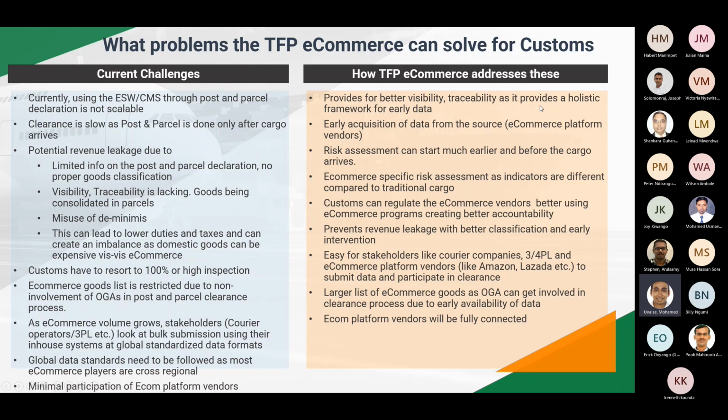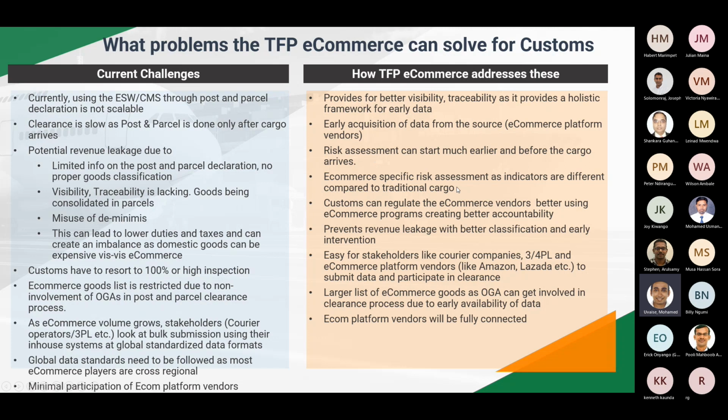So on the right of this slide, basically it just outlines some of the pain points that our solution actually addresses. So of course, the first point addresses visibility and traceability because of acquisition of data through a streamlined process. And of course, something that is tailor-made to suit e-commerce types of shipments. And of course, this facilitates risk assessment, and risk assessment could actually start much earlier on in the process of this entire goods being brought into the country, where it could even start much earlier, even before the goods reach the borders.